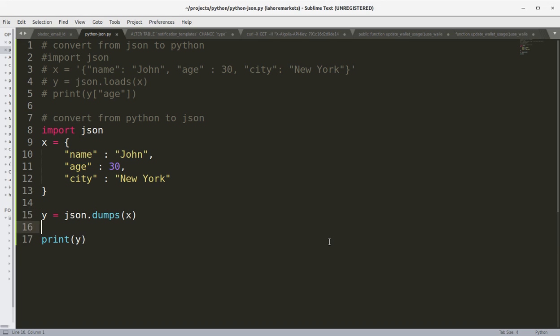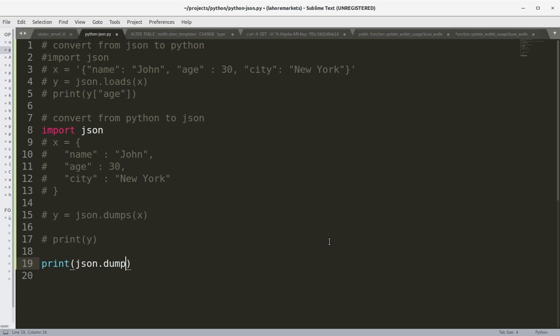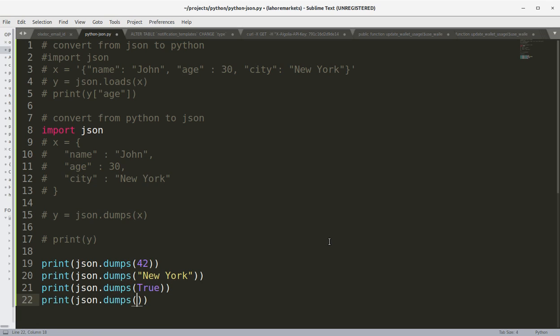Okay, let's do this here. So I'm going to comment this. Okay, x int equals 42, or let's directly print the json.dumps, pass in the integer, print json.dumps, pass in the string, json.dumps, pass in the boolean value, let's say true, json.dumps, let's pass none,